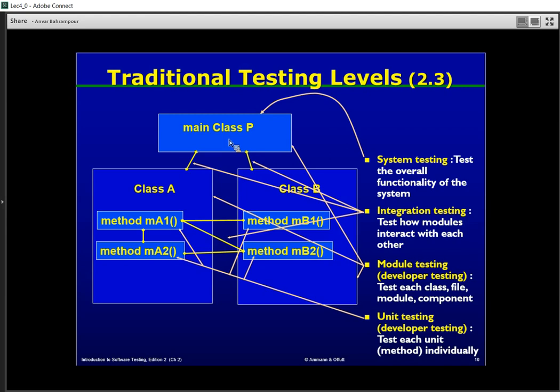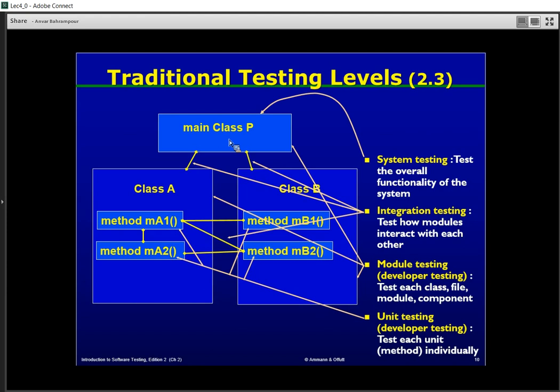So system testing is the last level of testing that should be done by the developer team, by the testing team. But there is another level